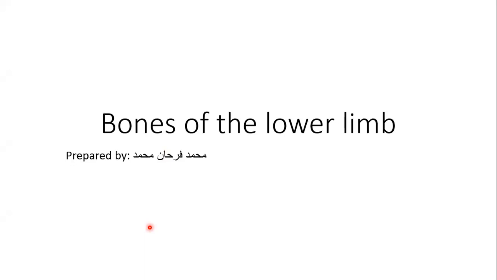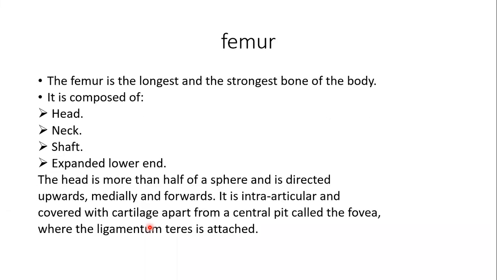Our seminar today is about bones of the lower limb: femur. The femur is the longest and strongest bone of the body. It's composed of head, neck, shaft, and expanded lower end. The head is more than half of a sphere and is directed upward, medially, and forward. It is intra-articular and covered with cartilage apart from a central pit called the fovea capitis, where the ligamentum teres